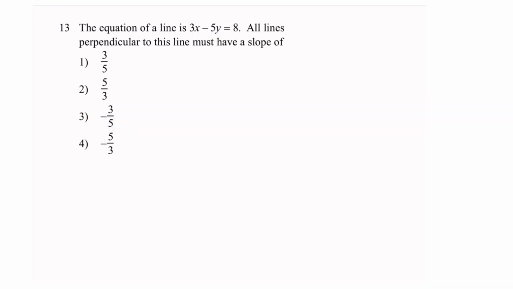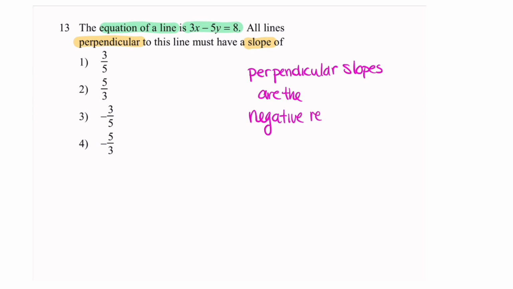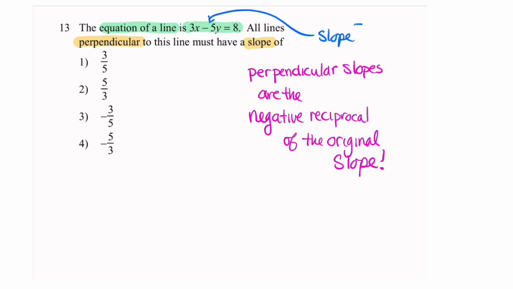Number 13 says the equation of a line is 3x minus 5y equals 8. All lines perpendicular to this must have what kind of slope? Well, first, to get the idea of what the slope of the line that they gave us is, it might be better to put that line in what we call slope-intercept form, or as you might know it, y equals mx plus b. And then once we know the slope of that, perpendicular slopes are always the negative reciprocal of that original slope. So, putting our original equation into y equals mx plus b so we can locate what m is,